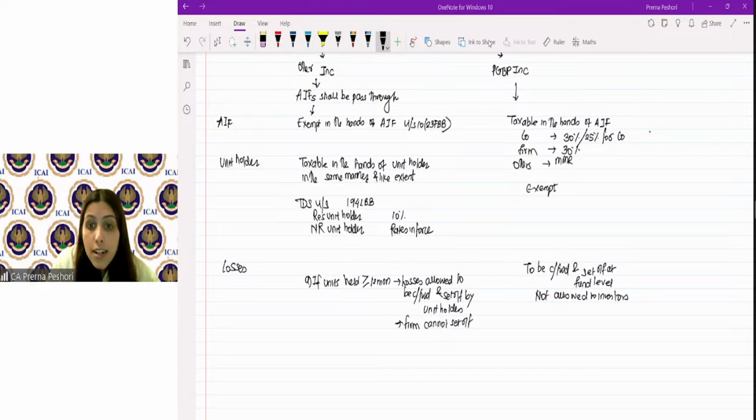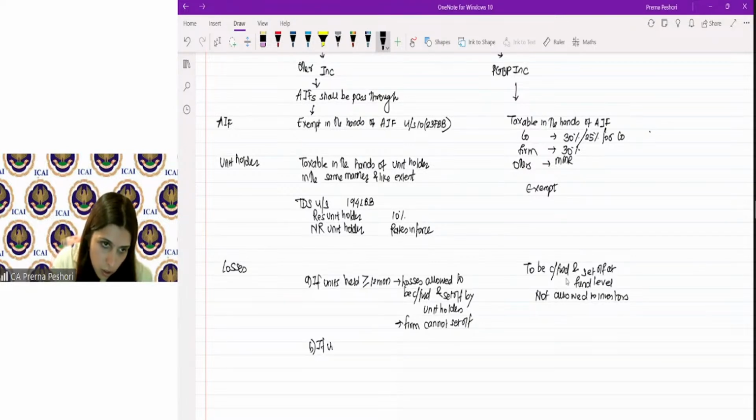Now, what if the losses which are there are arising in respect of units held for less than 12 months? So in that case, what do we need to do? In that case, the Act is silent whether the investment fund can carry forward those losses. Because certainly those losses cannot be carried forward by the investors. But the Act is silent in respect of the allowability in the hands of the investment fund. So you can write down,